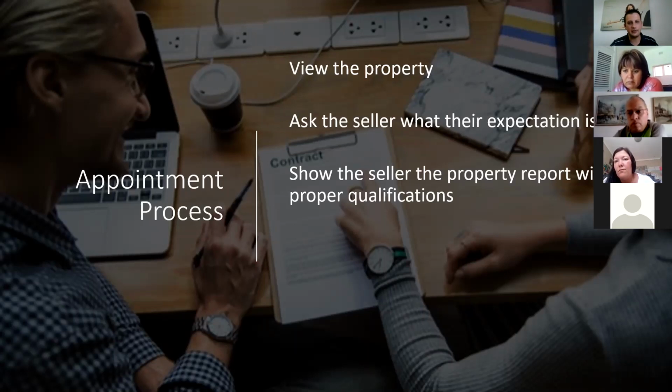So find a table, and that is where you show the seller the property report with proper qualifications during your listing presentation. So when you sit down, you're going to pull out your listing presentation and you're going to start with your agenda. You're going to advise them about their hidden costs, rates and taxes, water and lights 3 months in advance, bond cancellation fees, 90-day penalty notice to the bank. And then you're going to start with your presentation.